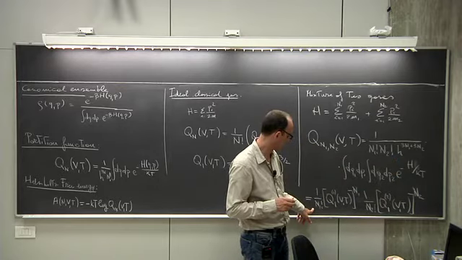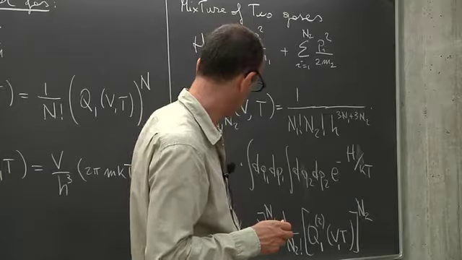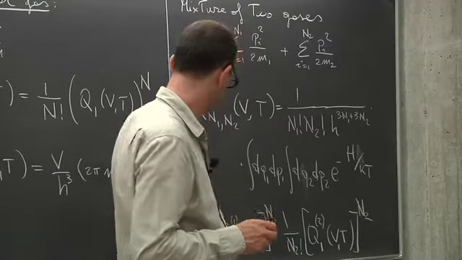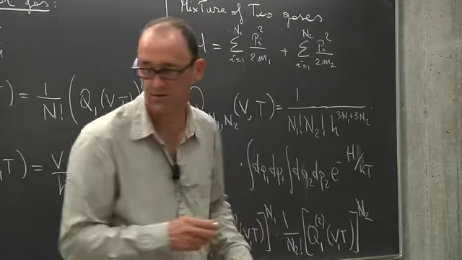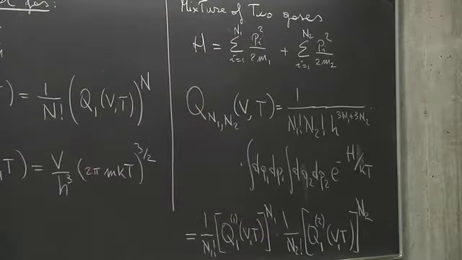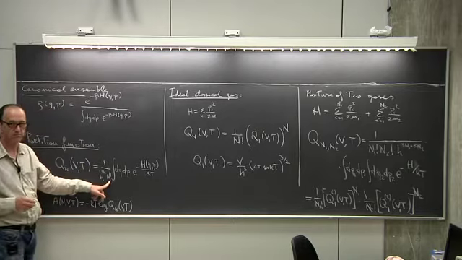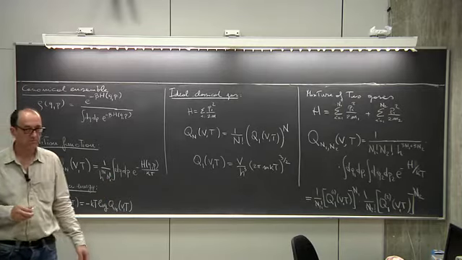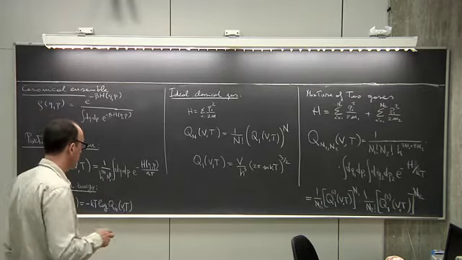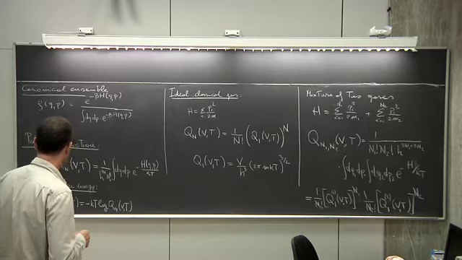Do I have to remove n1 factorial and n2 factorial? No, because in the expression of q we have 1 over n factorial. If you put it there, we cannot obtain the q, because in the expression of q we have